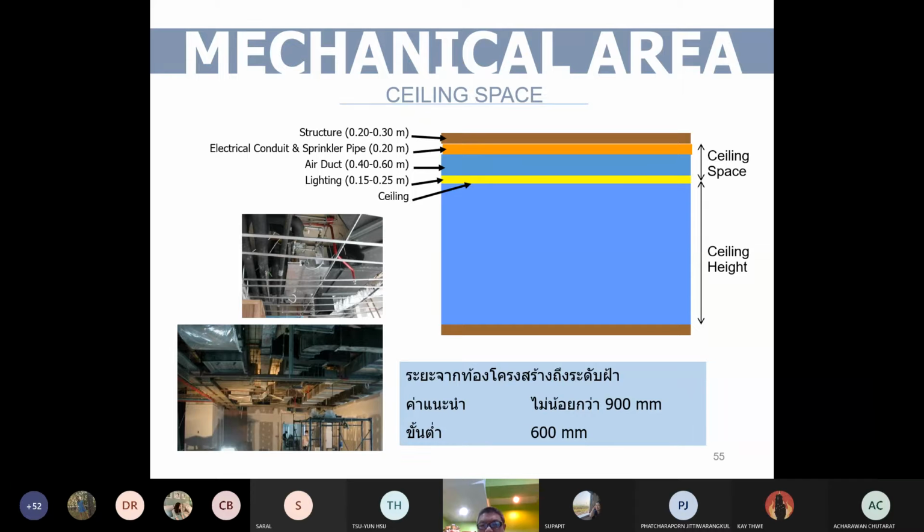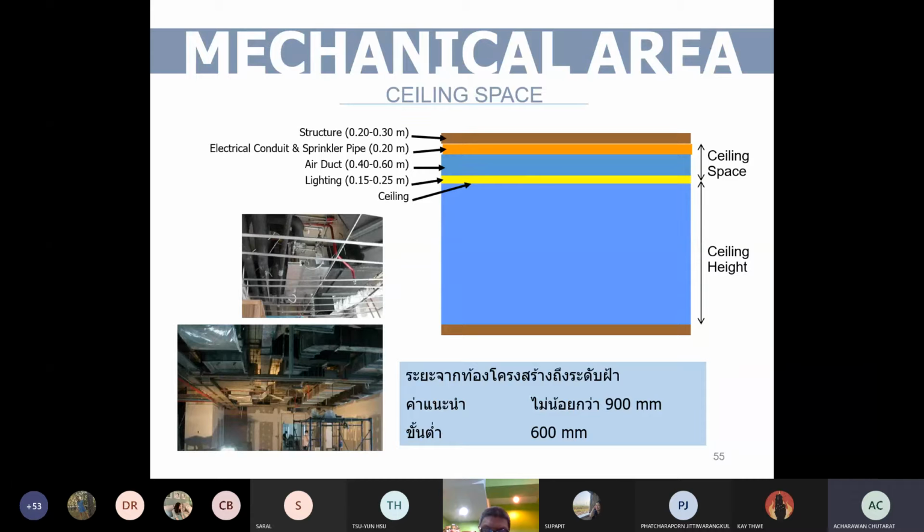I mean the mechanical designer wishes to have more than 900 millimeters, at least. You mean for overall, including air and electrical duct? Yeah, everything. Oh, this is important, students. I want to stress this because in many of your design sections, you only have floor and another floor. You don't have ceiling. So make sure that in your cross section in your studio design, you put like